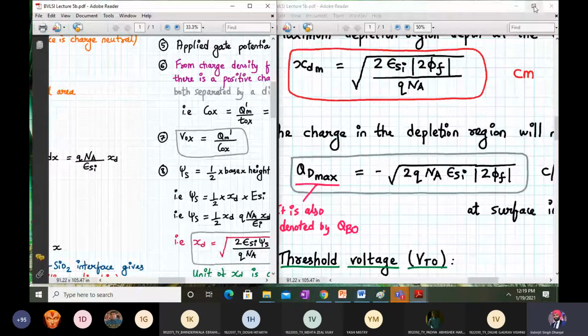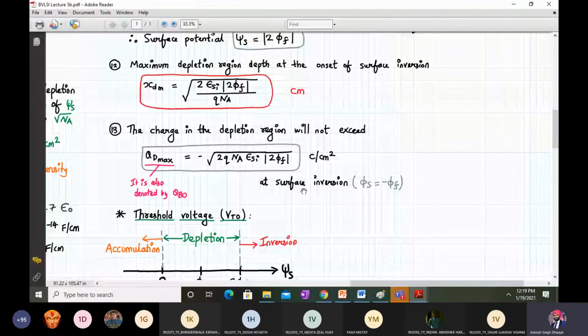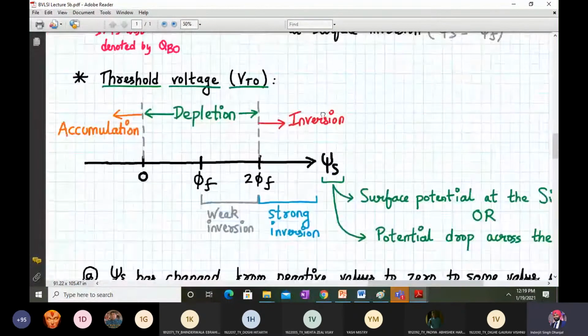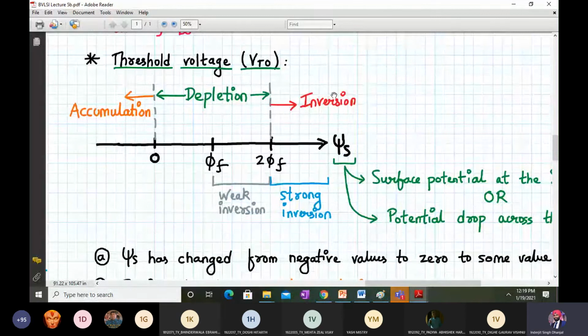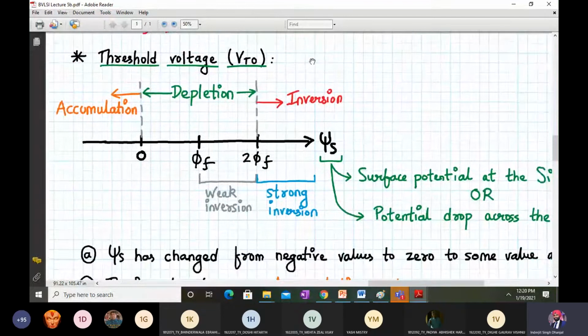I guess I cannot proceed further now because it will take time. We start next time, on the coming Thursday at 11:30 a.m., with the concept of threshold voltage and we'll complete that discussion. I think that's it for today. Next lecture, we will start lecture number 6. We'll start with the definition. All these derivations are important, because with their help we will derive the formula for the threshold voltage, and see its definition and why it is so important in case of a MOS capacitor and hence a MOSFET.